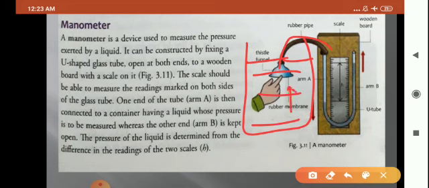Now what will that liquid do? As we take the funnel down, the pressure will be more, a liquid will exert it, and due to that pressure, a pressure difference will be created in both sides of this U-shaped glass tube. The pressure difference will come between the liquid inside the glass tube. Now you note one reading here, another reading here, and the difference of both the readings is going to give you the pressure of the liquid.